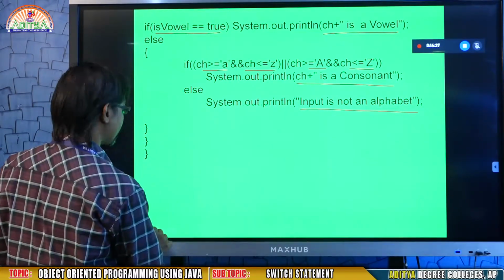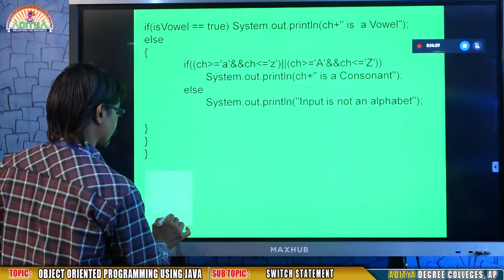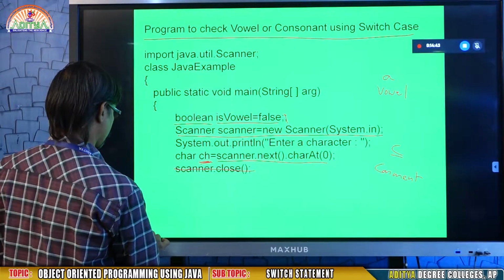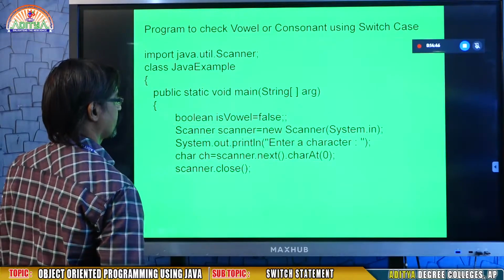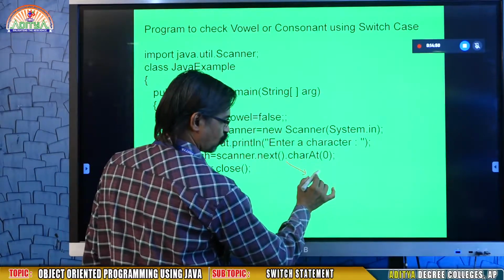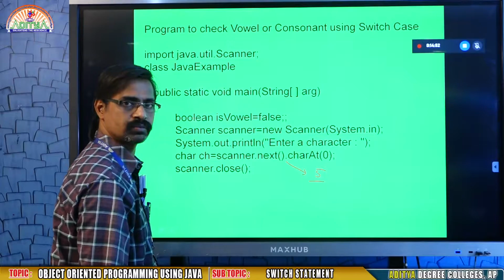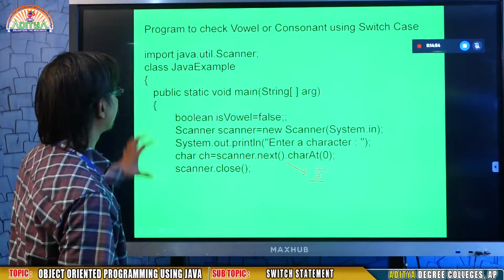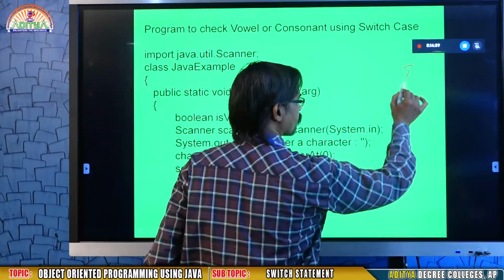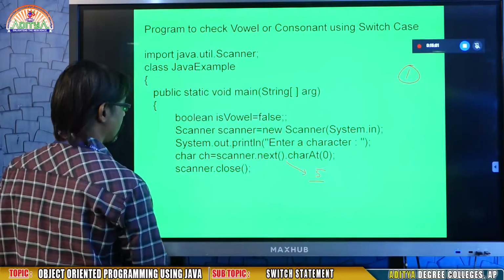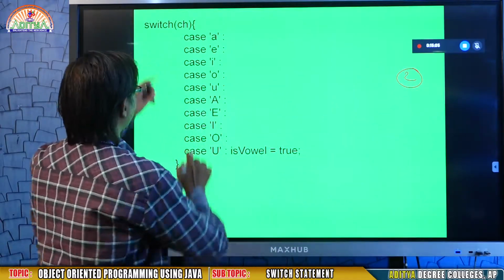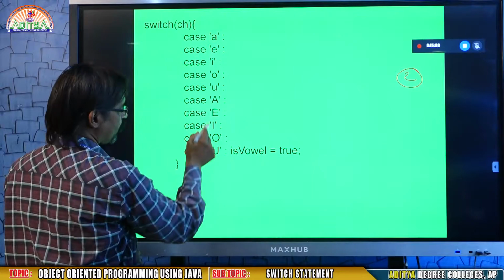Now we will check it once again. Now I want to enter a character, 5. Now see this program clearly. This is the starting phase. This is the first phase. Then come to the second phase. What character did I give? 5. Check that. Is the given character CH A, E, I, O, U?